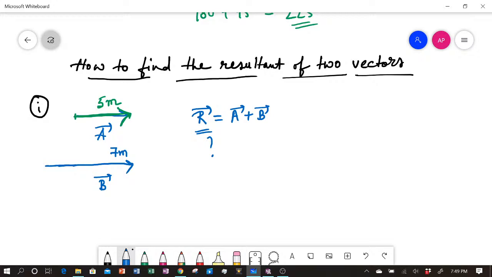So, see, this A vector is along this direction. Okay, we can take it as east, and this B vector is along the same direction, that is, we can take this as east. Okay, so these two vectors, this A vector and B vector, are